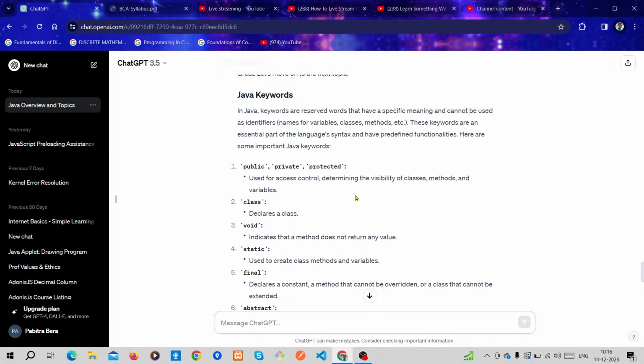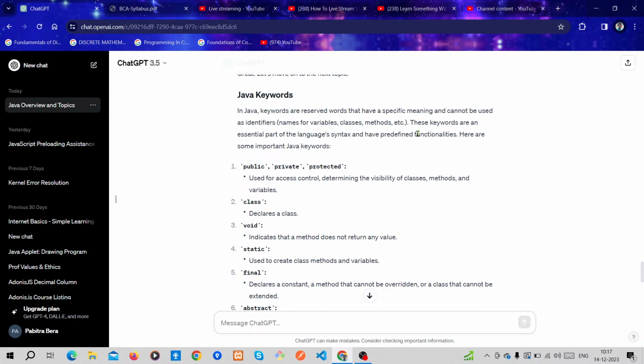In Java, keywords are reserved words that have a specific meaning and cannot be used as identifier names for variables, classes, methods, etc. These are already defined in the library, so you can't use them. These keywords have a specific meaning in Java.